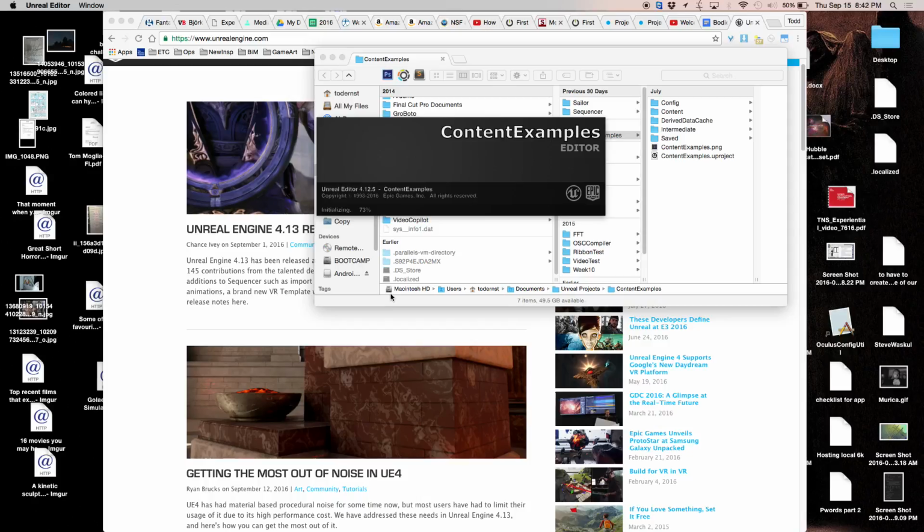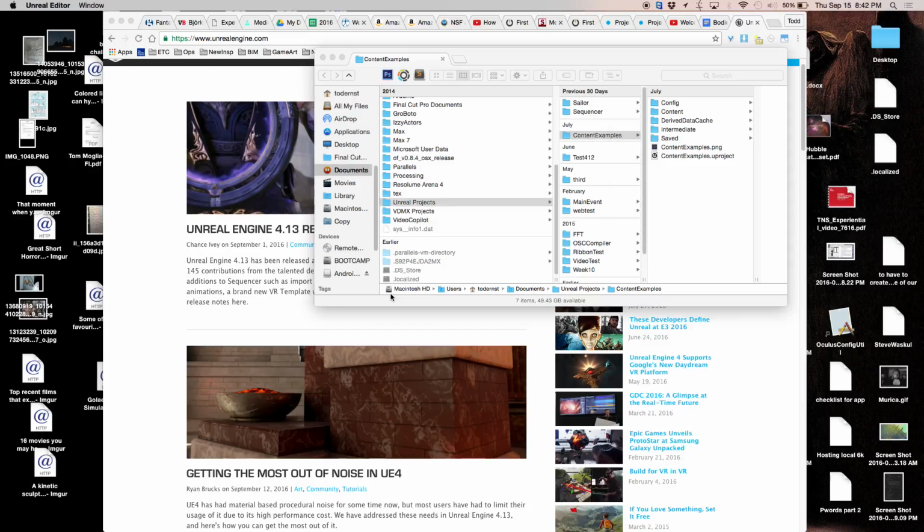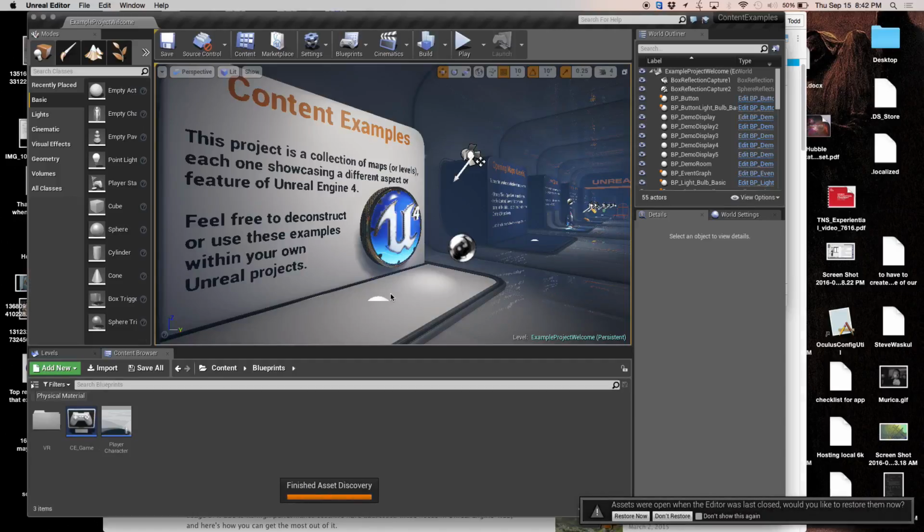And what we're going to do is go through content examples, and we're going to steal some stuff and do what's called migrating. We're going to migrate content over to our week 2 class project, and then we're going to build out a world based off these assets we steal. I'm not asking you to make any content from scratch. Just use what they already have. For right now, we want you to get comfortable with the interface and how everything works.